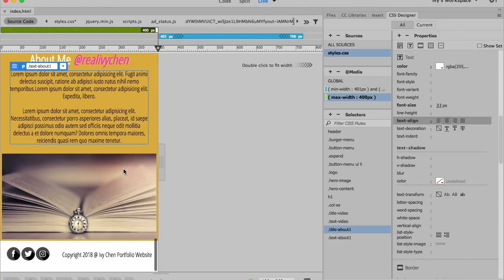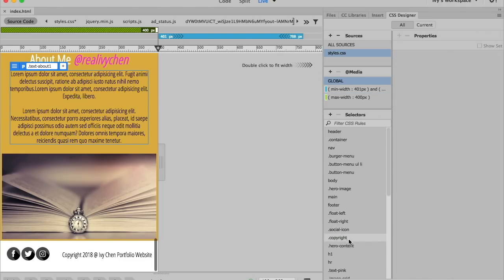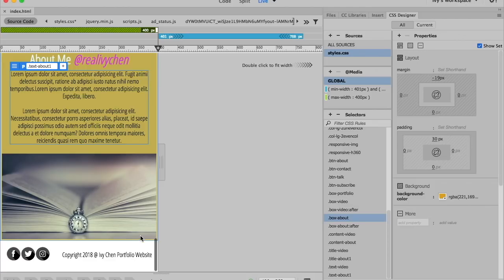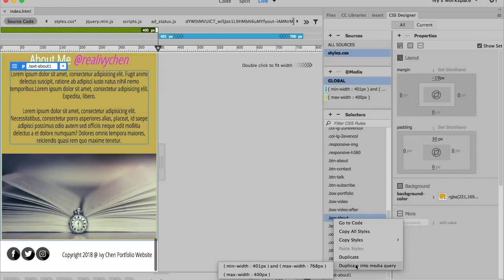All right. What if you want to put the image higher? Push the image higher. It's too near to the gap, let's say. Image against the background color, right? So where is the background color? The background color is actually the box about that we have to adjust if we want some space in between the image, right? Okay, so box about, right click, duplicate into